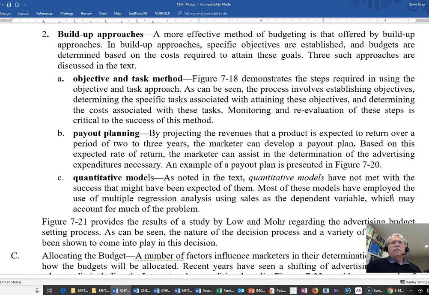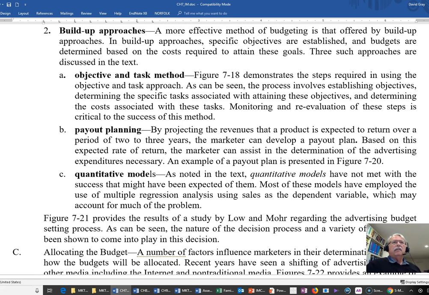So it's talking about the steps required in using the objective and task. So the process involves establishing objectives, determining the specific tasks, and then determining the cost associated with each task, and then monitoring. Another method is payout planning. So how long does it take to recover the money that you put into it? Some people use quantitative models,